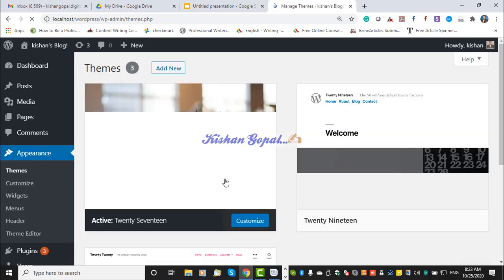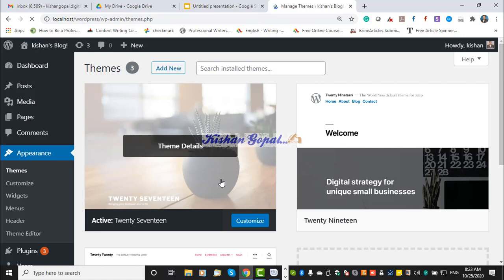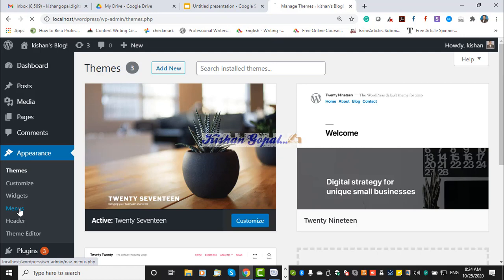You can create a number of menus for your WordPress blog. Where it will be helpful is if you want to display your website with different projections in different locations, then you can have different menus. Suppose you want to display your website in one aspect in USA, and when it comes to Australia or Canada, you want to project your website in different formats, then you can use different submenus. You can choose your submenu depending upon the location from which the user is going to access your WordPress site. Let us go to menus.